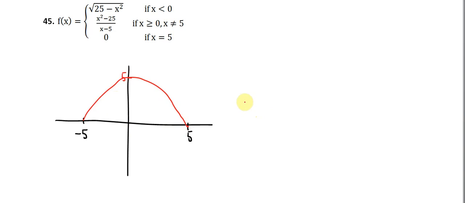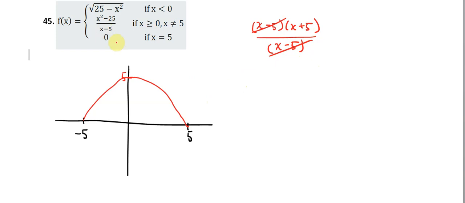It is a semicircle. The second part, we're going to need to do a little bit more work. We can factor this out as x minus 5 times x plus 5, all of this over x minus 5. So we can see that these parts here will cancel, and this is just x plus 5, with a hole at 5, because if we were to put 5 into the original, it would fail. So this is the function x plus 5 with a hole